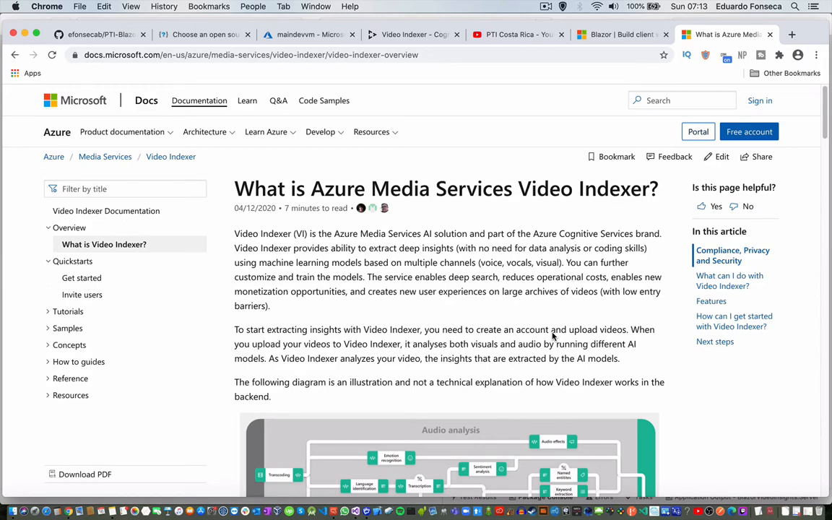There are already a lot of pre-existing people that can be found, celebrities, mostly people who are somehow famous, but you can customize it as I was saying. So we'll see how to do that